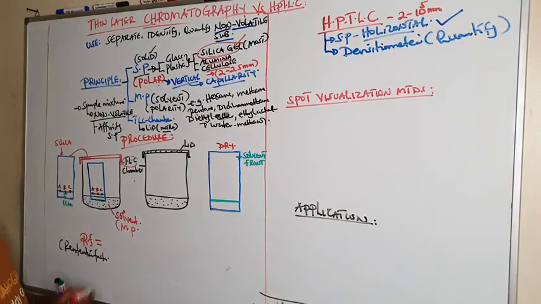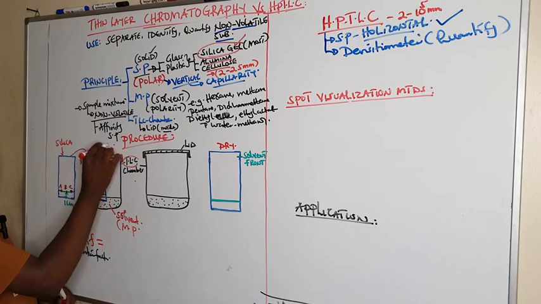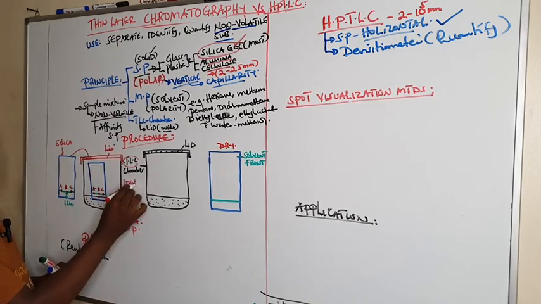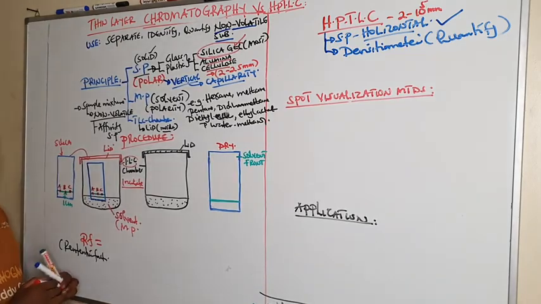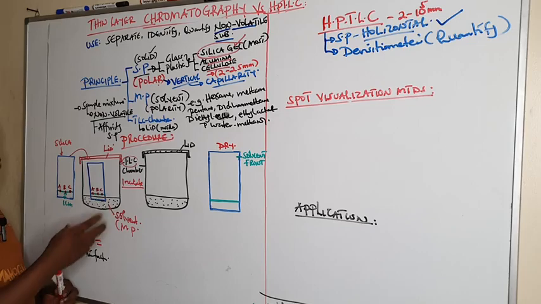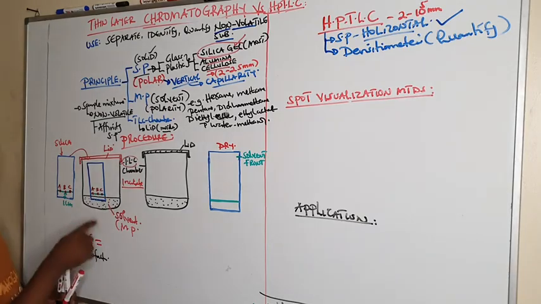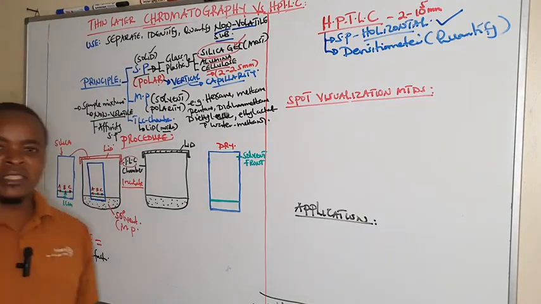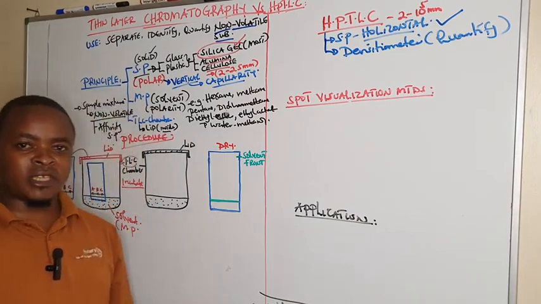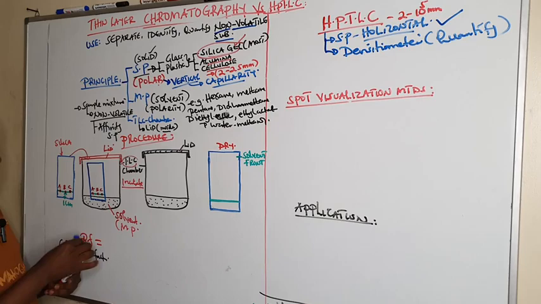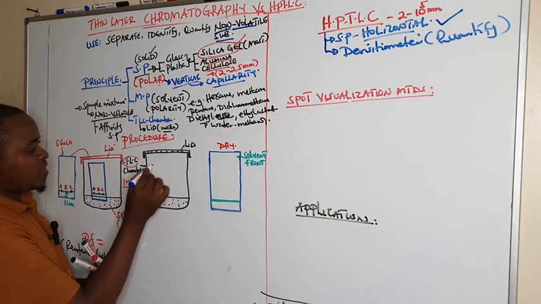That's why we put a lid. So we come and put a lid and we incubate for a time specified by the manufacturer. During incubation, we are going to see these dyes start migrating together with the solvent in the stationary phase. So if this is my thin layer,